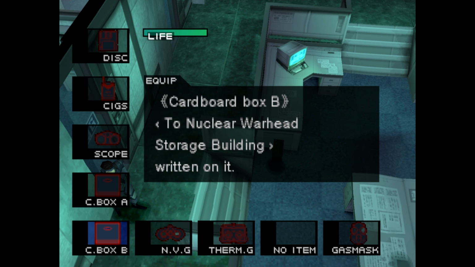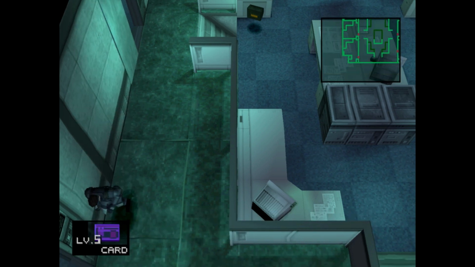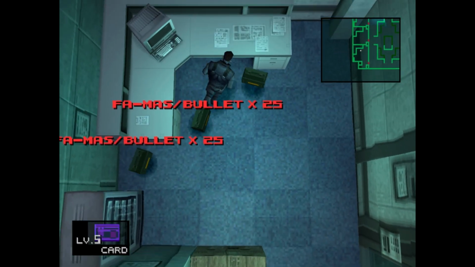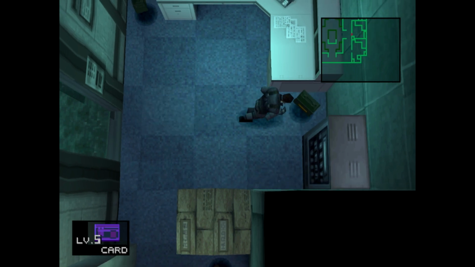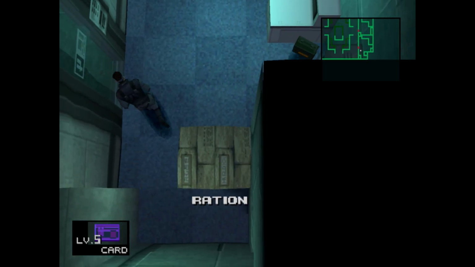Storage built to nuclear warhead storage building. So, yeah, it's a pretty cool box, I guess. Let's use a level 5 to go in here. We bypassed the level 6 door just a second ago. Some FAMAS ammo in here, and we're basically just getting stocked up because we're about to fight another boss right away. The bosses come one after another in this game, so...